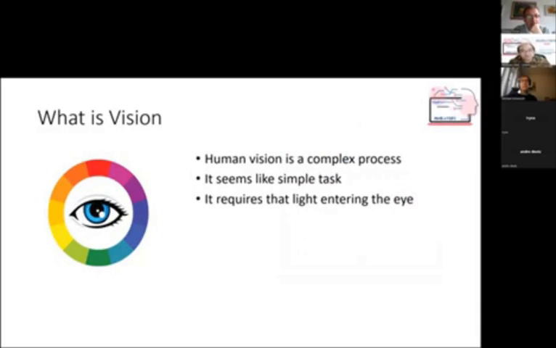Vision is a complex process. The human eye has many structures that contribute to vision. Ciliary muscles change the shape of the lens to focus on both near and distant objects. The iris muscles control the size of the pupil depending on the lighting condition. The main refractive power in the eye comes from the cornea and the lens, which allows light to be focused